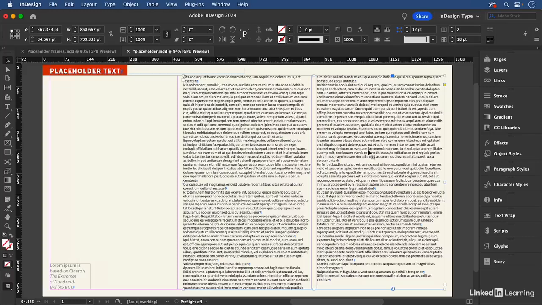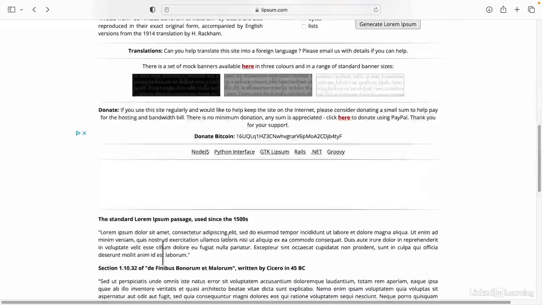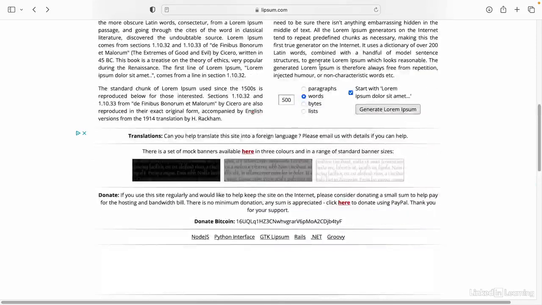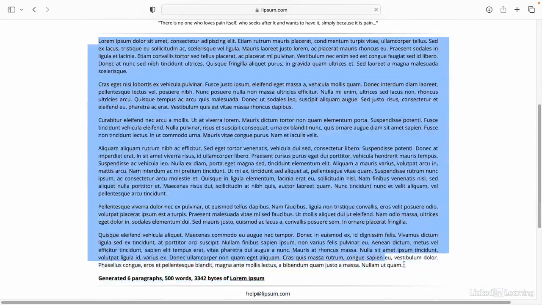InDesign's placeholder text is not the same as lorem ipsum, the classic version of placeholder text. If you want to use that, there are many websites, but this is one, lipsum.com, and you can specify how many words, paragraphs, etc. you want of lorem ipsum. I'll go with 500 words, generate that, and now I can just swipe over it to copy it, Command or Control C, switch back to InDesign,